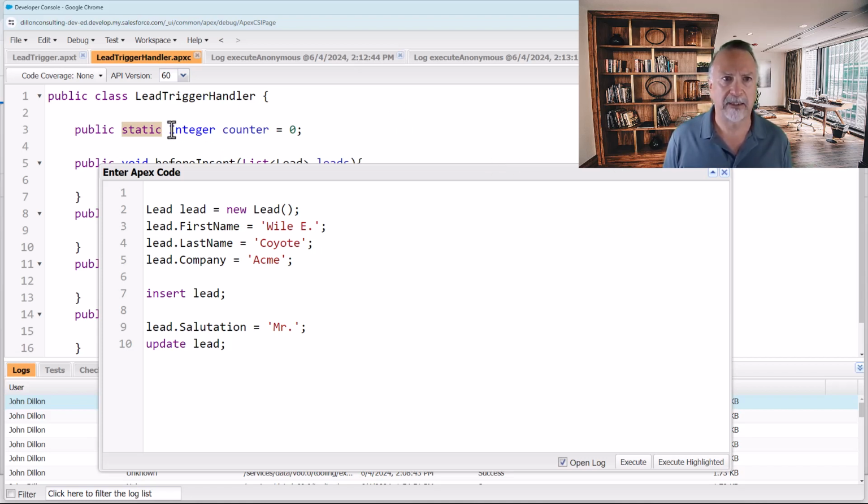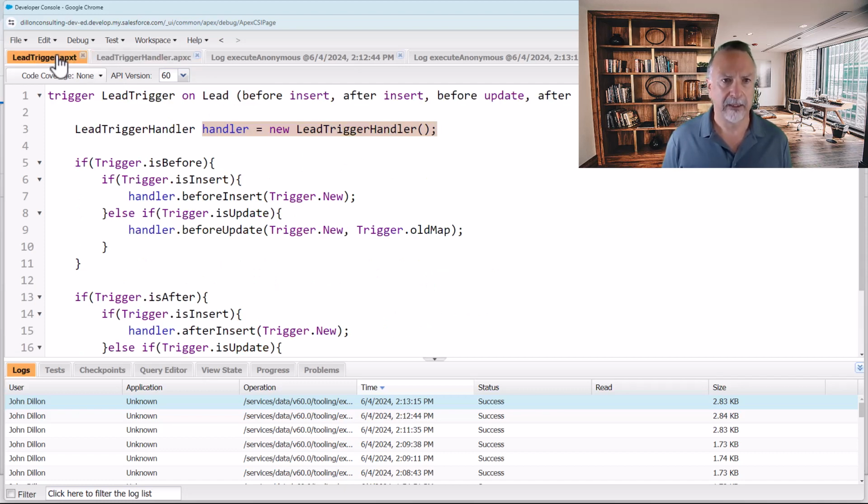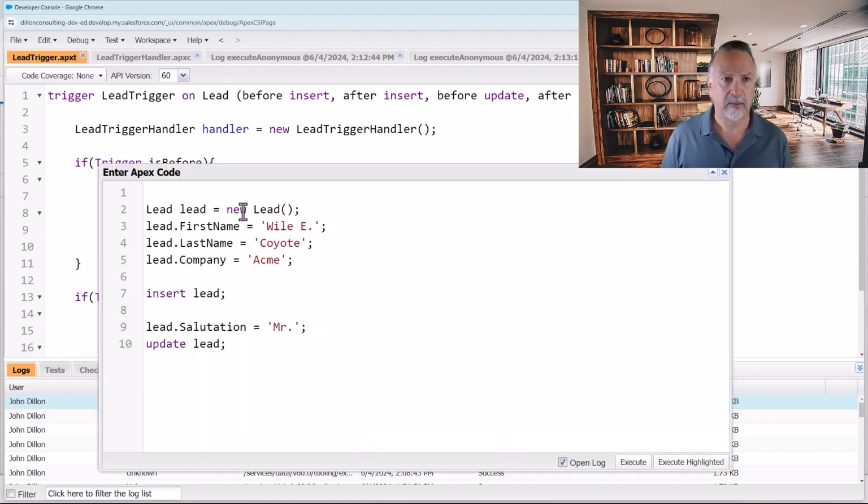So one other aspect of static is we can access this variable because I've made it public, but also we can access it straight off the class. Normally, to access something on the class, you need to make an instance of the class and then access it. And that's what we're doing here within the trigger. We create an instance of the lead trigger handler, and we store it in the handler variable. And here, from handler, we call before insert or before update. But if it's static, we don't need that. We can call it right on the class. For instance,